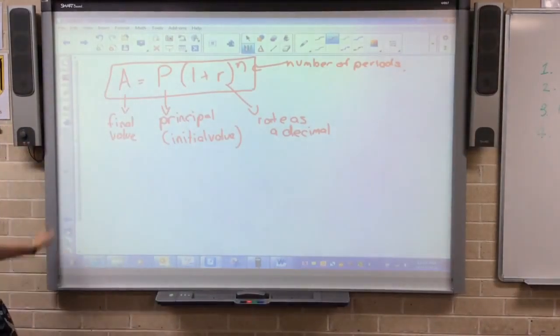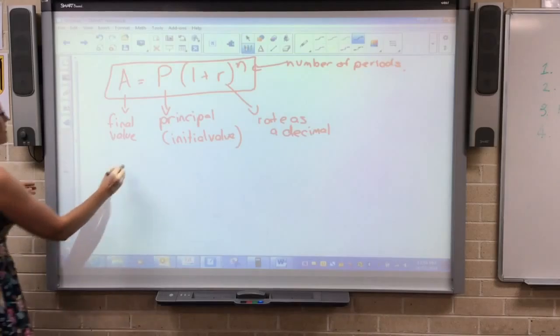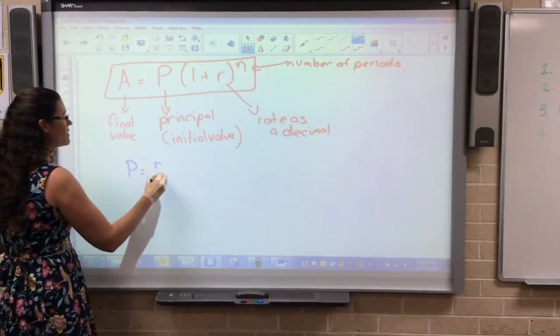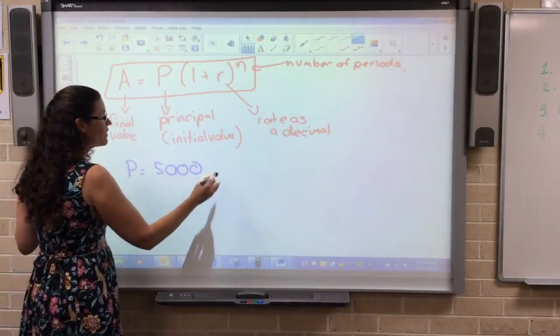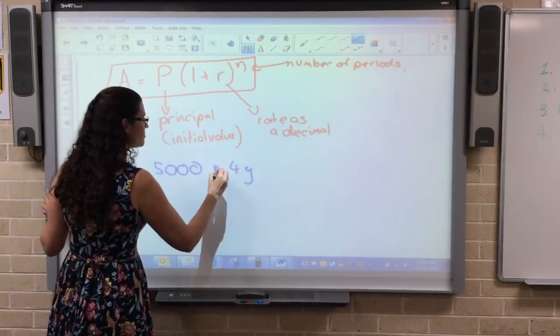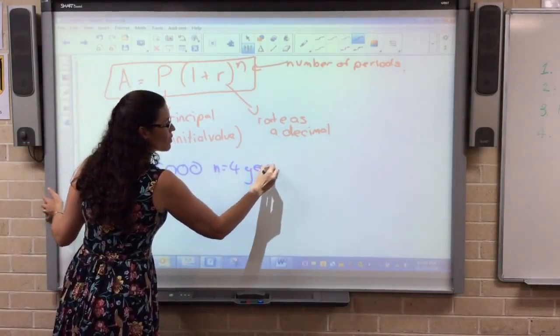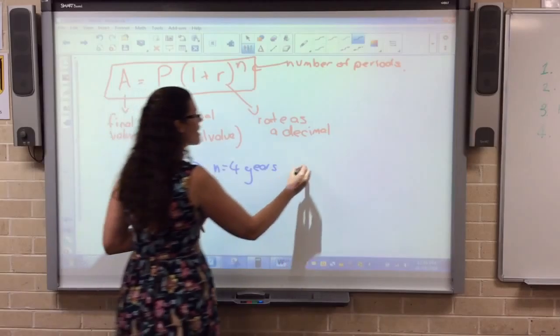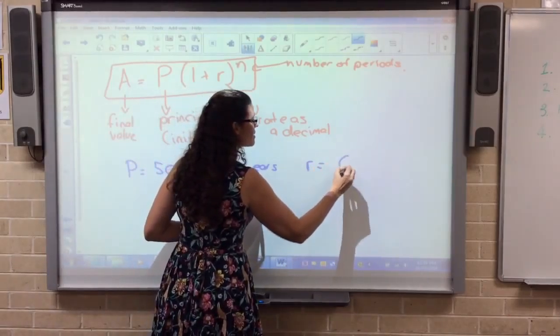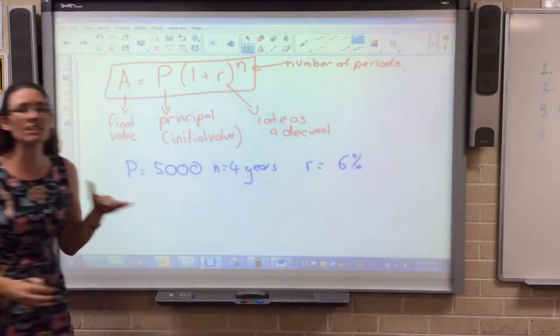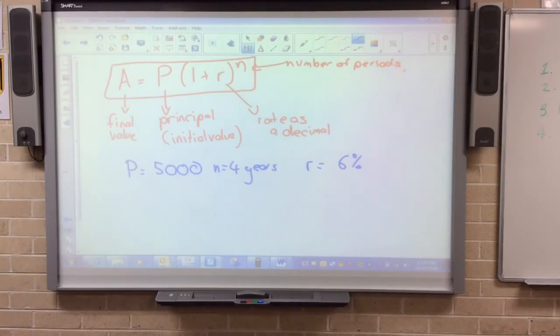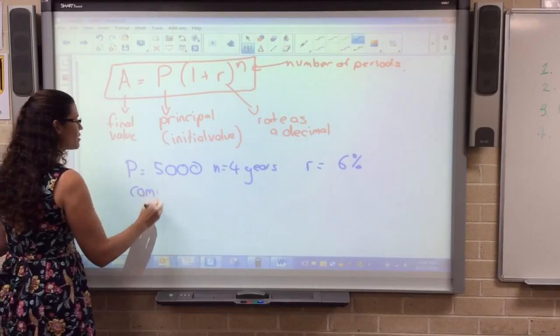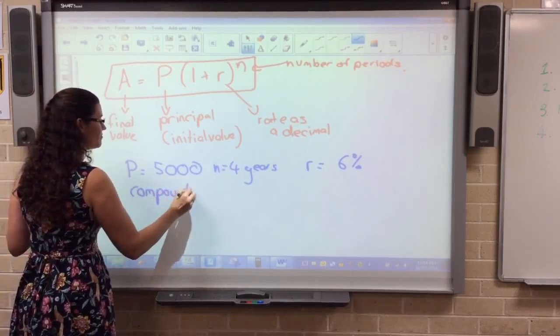Okay, let's look at a couple examples. First of all, let's say that we are investing $5,000. We're going to invest it for 4 years and our interest rate is 6%. If it is compounded yearly, that's the easy question. So if it says compounded yearly,